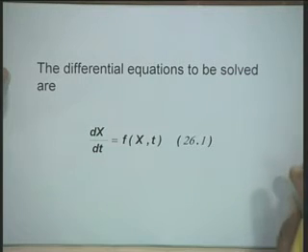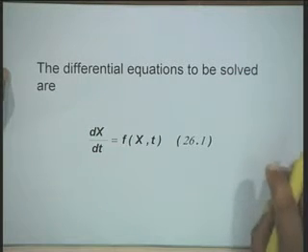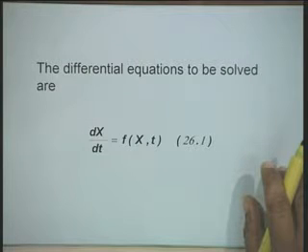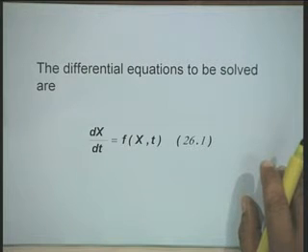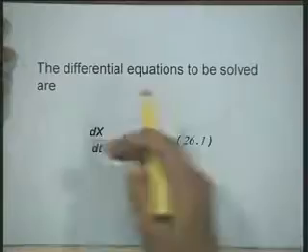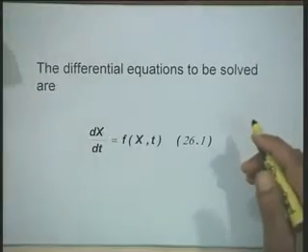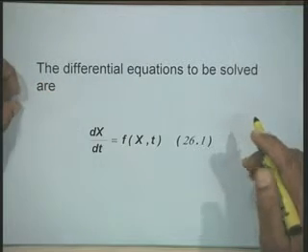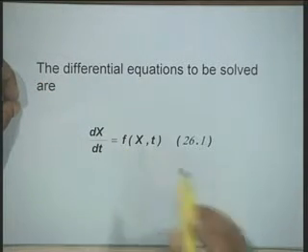For example, in the classical stability analysis, the x will comprise the rotor angles, deltas, and rotor speeds, like say delta 1, delta 2, delta n if it is an n machine system, and the speeds like say omega 1, omega 2 up to omega n. These will be the state variables. Then we will come across a set of differential equations which are put in the compact form as dx by dt equal to f of x, t.